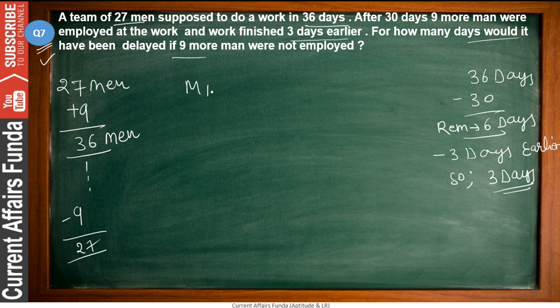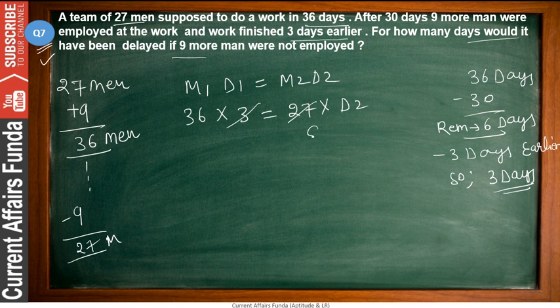So friends, apply the same formula here, M1 D1 equals M2 D2. In the starting, how many men are there? There are 36, and they are taking D1 days. Work completed 3 days earlier, that means it will be 3 days. So 36 into 3 equals M2 into D2. If 9 men were not employed, the men will be 27, and D2 you need to calculate. We can cancel 3 9 times and 9 4 times, so D2 will be 4